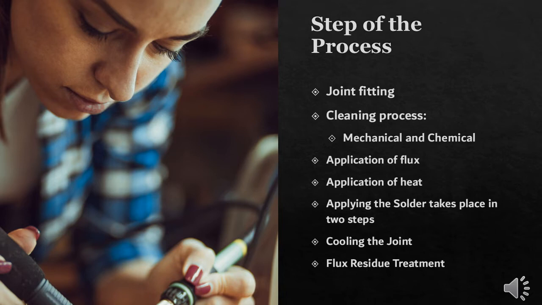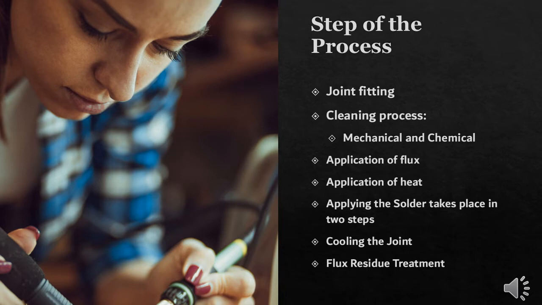For the mechanical process, we can clean the material, like the specimen, using cloths or maybe tissue. And then for the chemical cleaning, we use acid to remove the dust, or another liquid that can